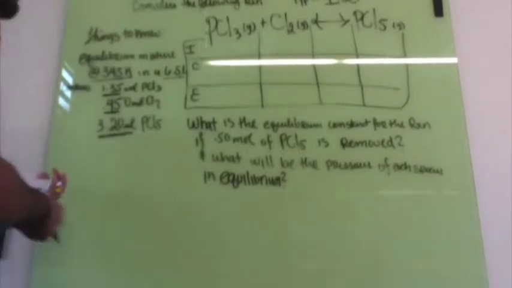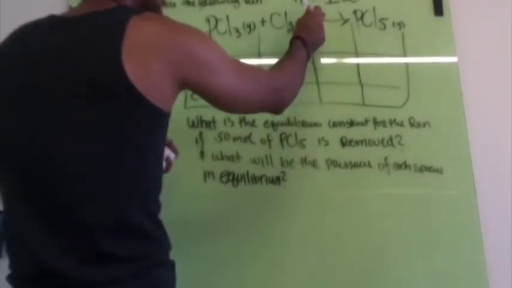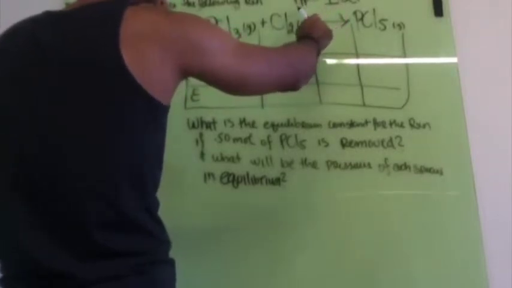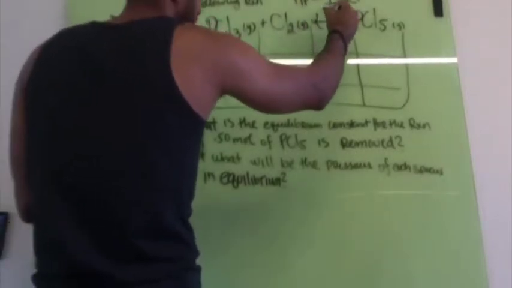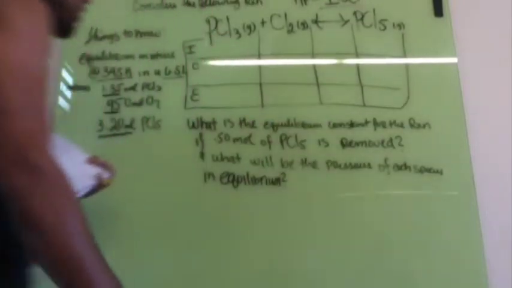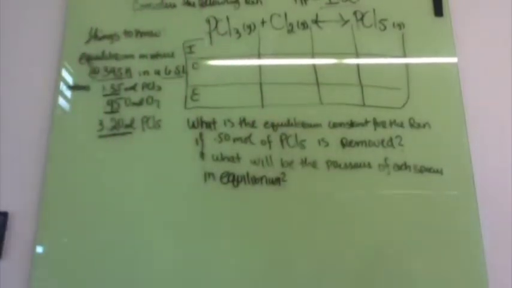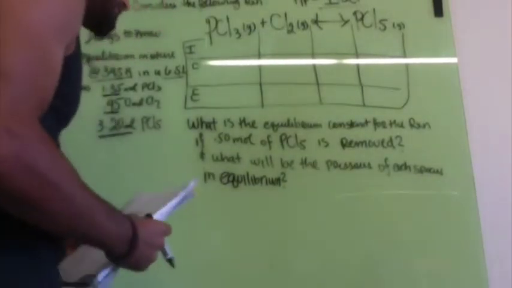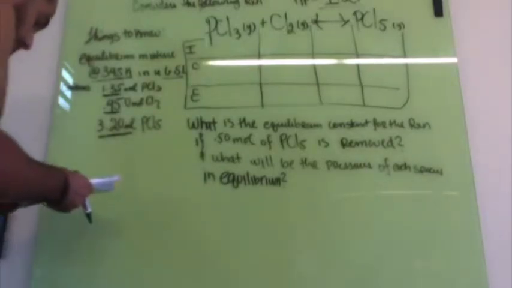And our equilibrium constant pressure is 1.21. So, since this is a pressure problem and not a chemical equilibrium problem, we're going to have to find